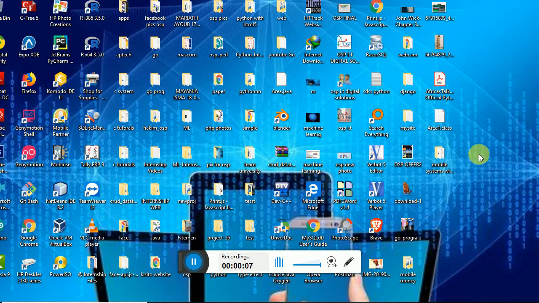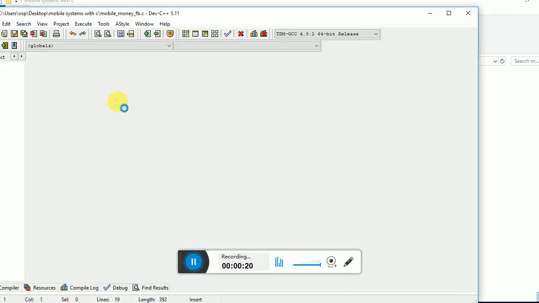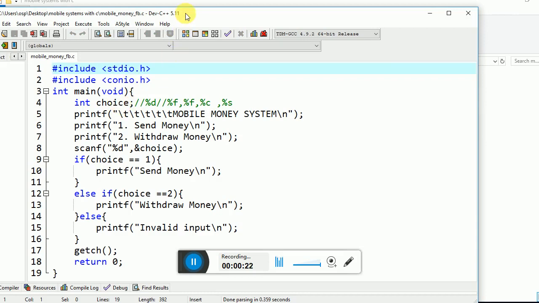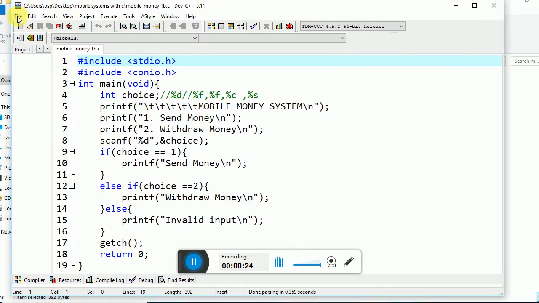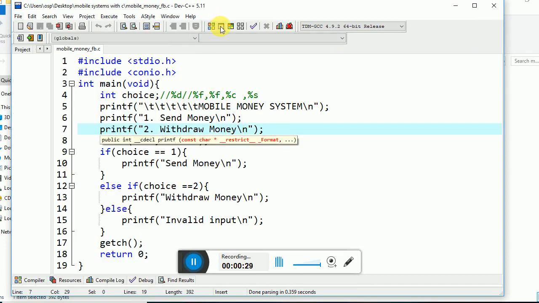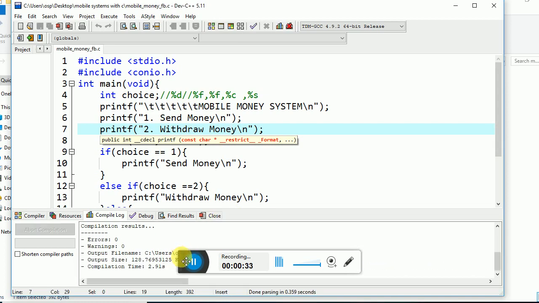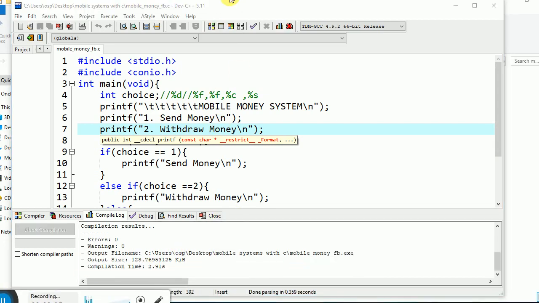mobile money system. Now if you remember from our previous video what we just did with you guys, we happened to do the structure of how the mobile money system works using C. Now we're going to be looking at how we can bridge the gap to make other functionality within the system. So this was a piece of code we did last time. Just compile our system again and then we'll see what to do. Okay, so this is it.